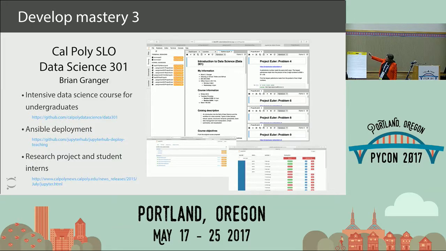And then these are some screenshots of actually JupyterHub running. The ones on the bottom are what you as an administrator or as an instructor would see. And the one on top is actually Brian teaching his students using JupyterLab, which will be the next generation of notebooks. It's currently in alpha.